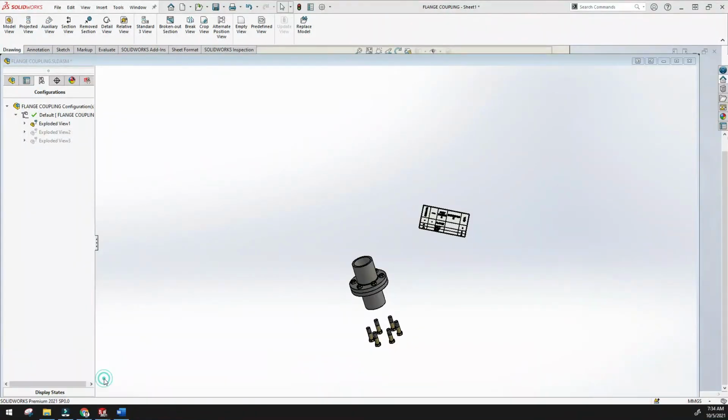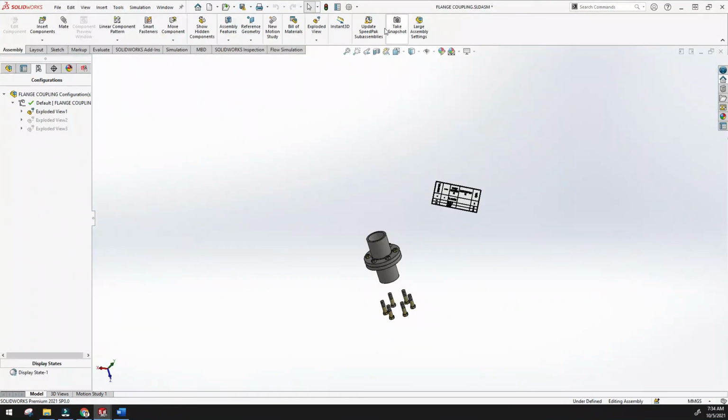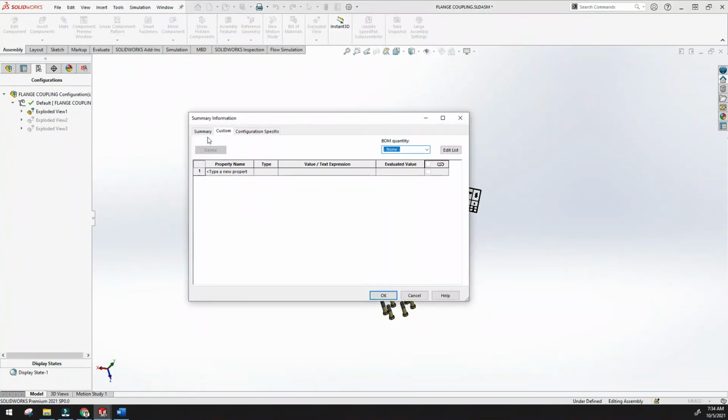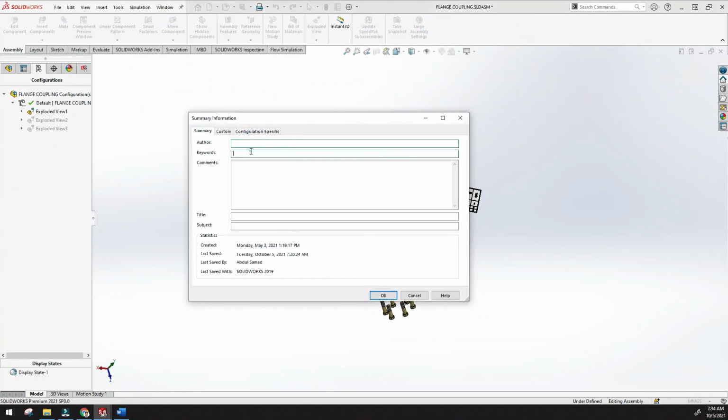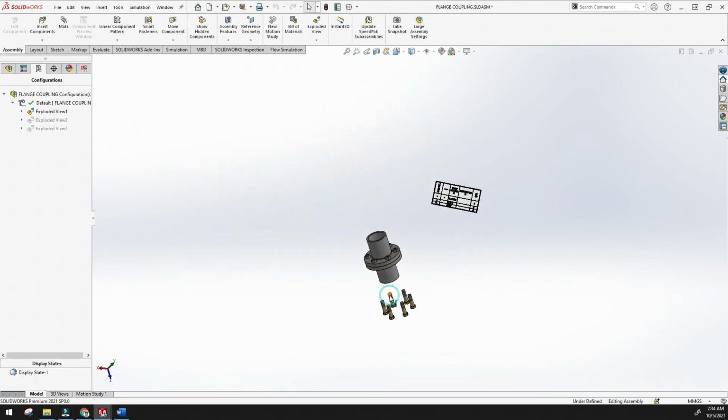This is my assembly part, description. Here is a summary like author, keywords, comments, title, subjects. Everything you can mention here, and then it will be added there.